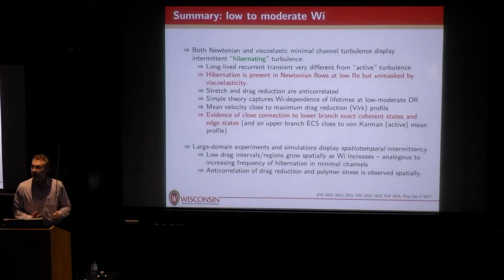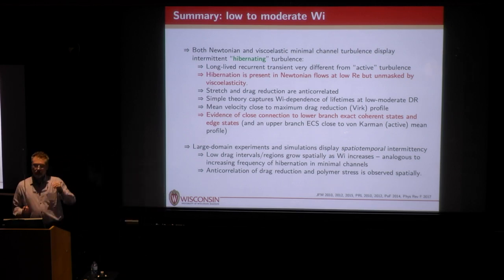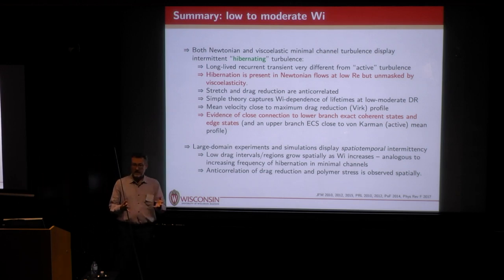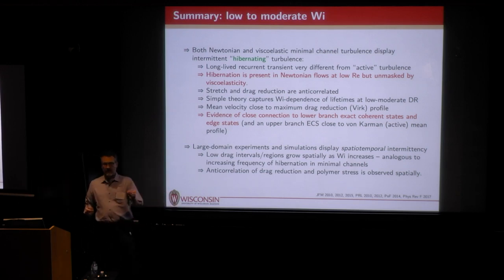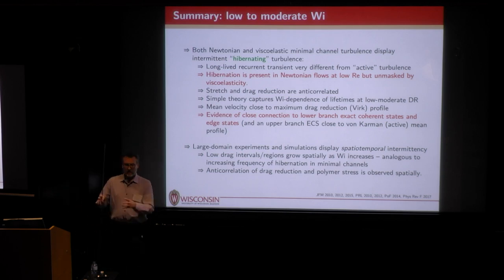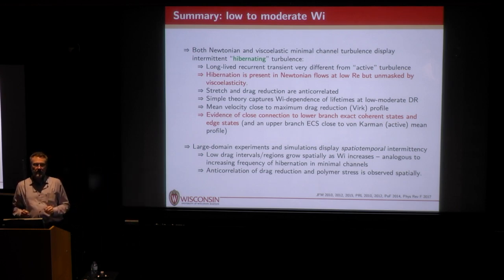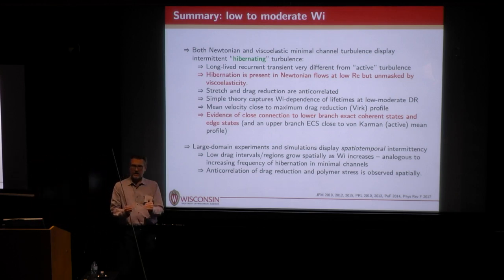So that is the end of the first part of the story. We have these two different types of near wall turbulence. They're both present in the Newtonian case. One is only sampled very infrequently by the dynamics. As the Weissenberg number increases, the active turbulence intervals are suppressed because the polymers are strongly stretched in those time intervals and suppress those vortices. So in a sense, that's the first part of the story. That's how the normal Newtonian turbulence gets suppressed.